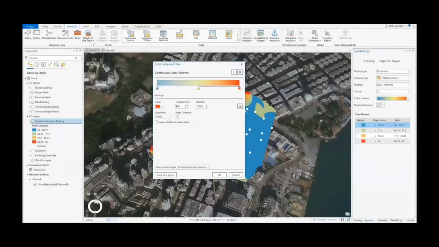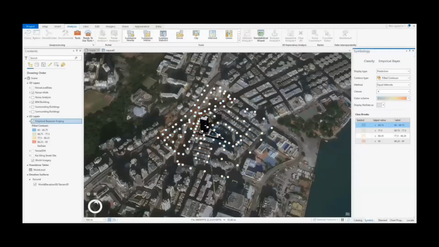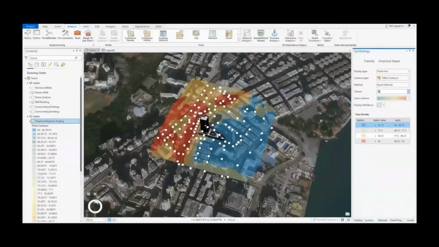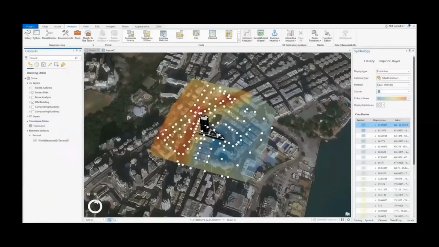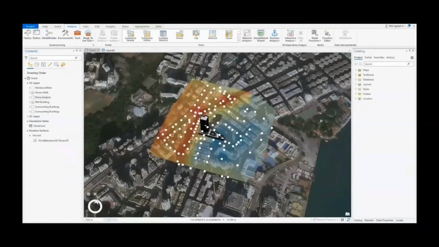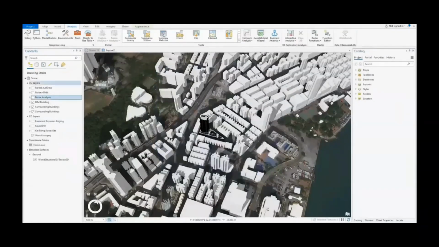At the end of the day, we also adjust the transparency of the color so that we can overlay the intensity map onto the map for better visualization. That's how we created the noise intensity map with the Empirical Kriging model using the Geostatistical Wizard.